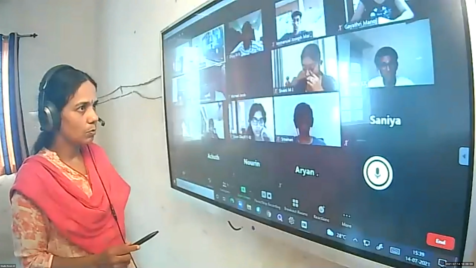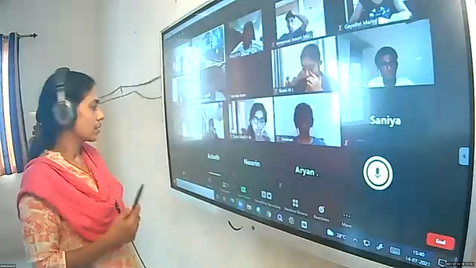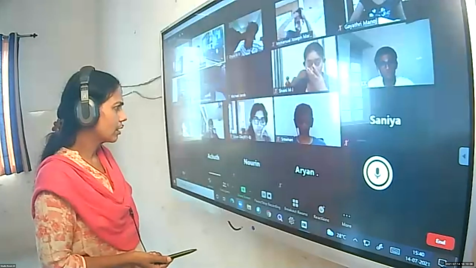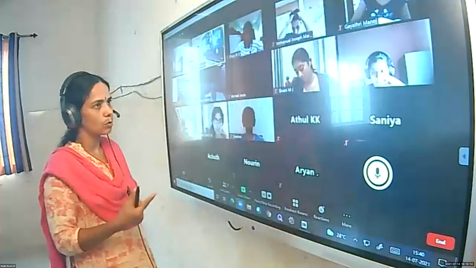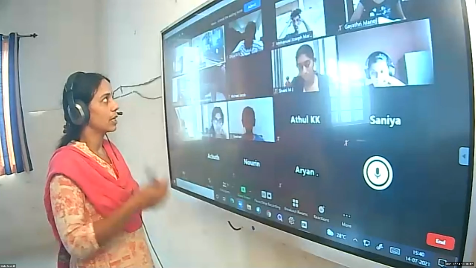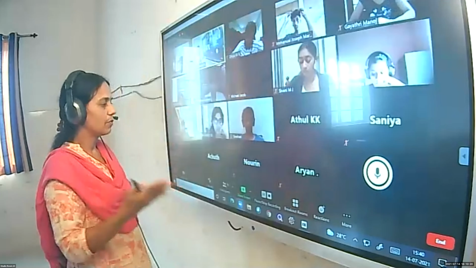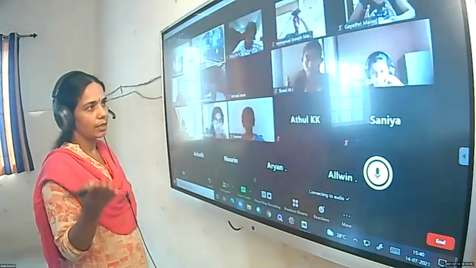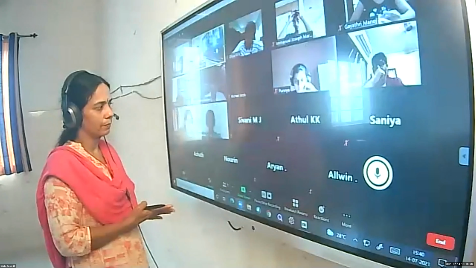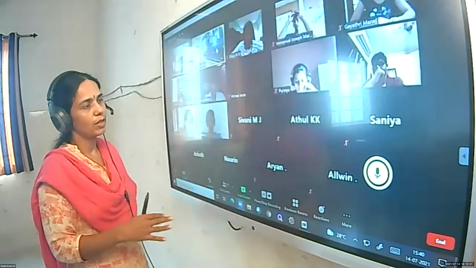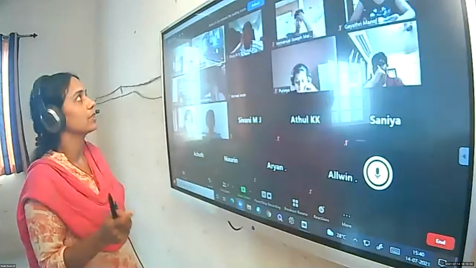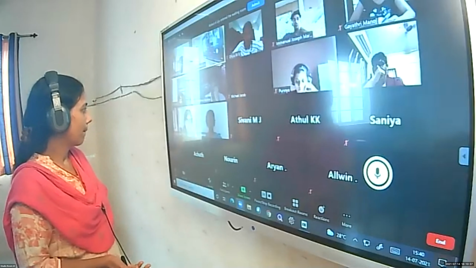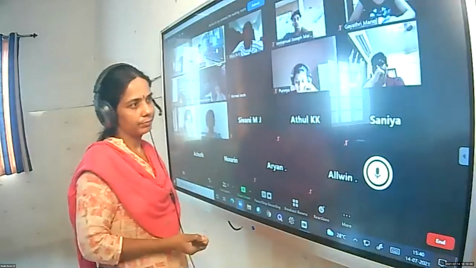Take your notebook, last year's textbook. The quadrant rule, ASTC, that one. Along with that, we wrote these formulas also in the notebook. Whenever you were writing last year, I informed you. Look at the formula booklet. Is it there? Otherwise, copy it into the formula booklet. Sine of minus theta, likewise complementary angles, we wrote the formulas. All these formulas we need tomorrow. We'll be solving questions based on trigonometric functions tomorrow. So learn the formulas and come.